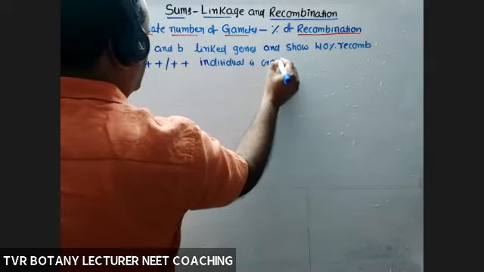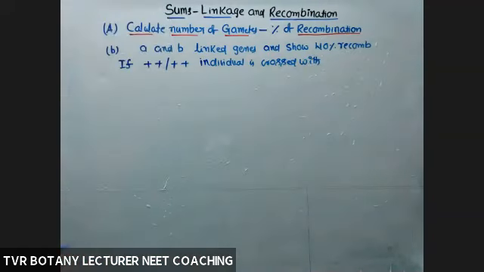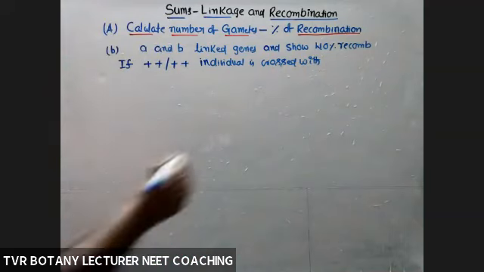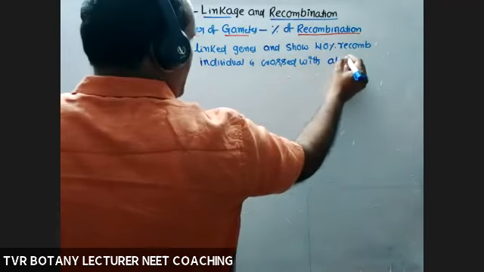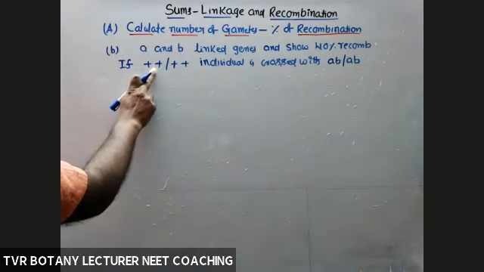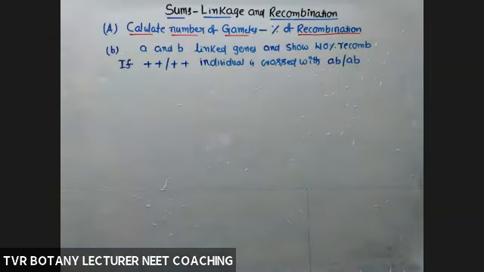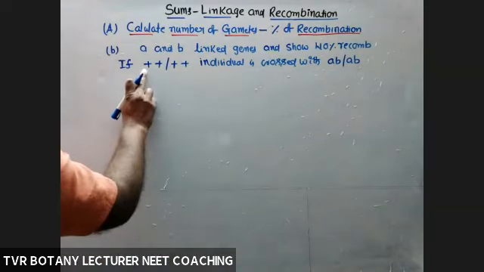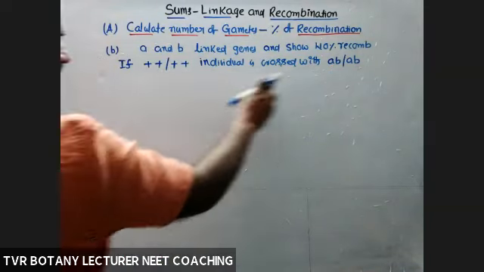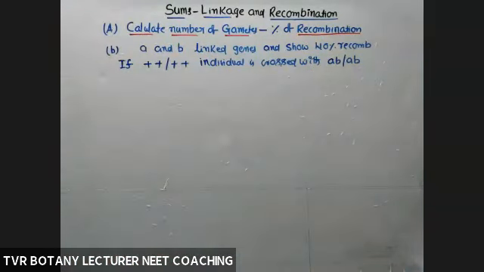is crossed with ab/ab. So this one is double homozygous, double dominant. That is double homozygous, double recessive. Simply, you can replace this one with Y plus W plus / Y plus W plus, and this one Y W like that. And what they need is the proportion of gametes in F1.